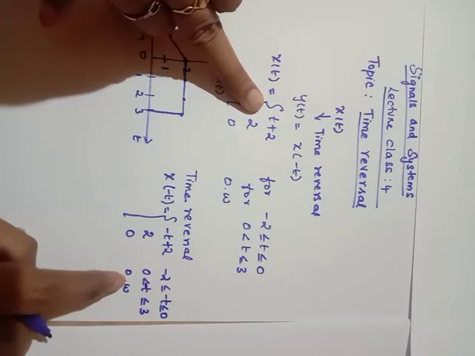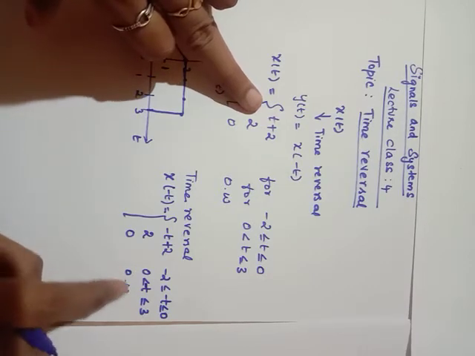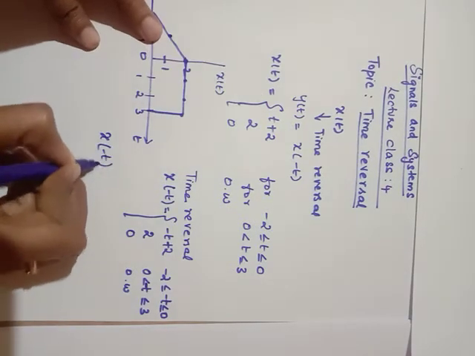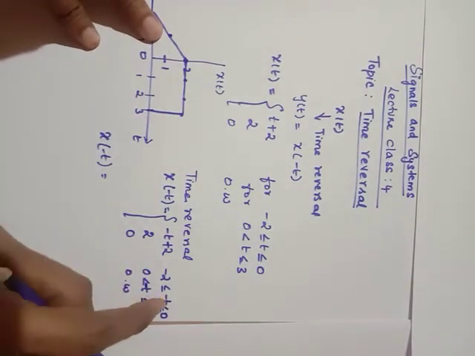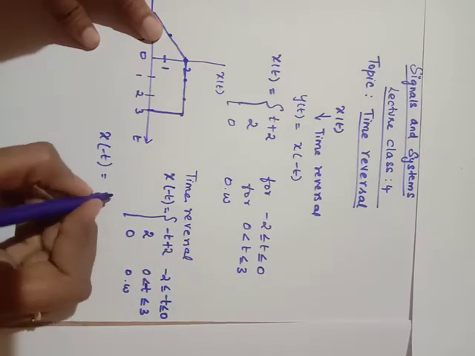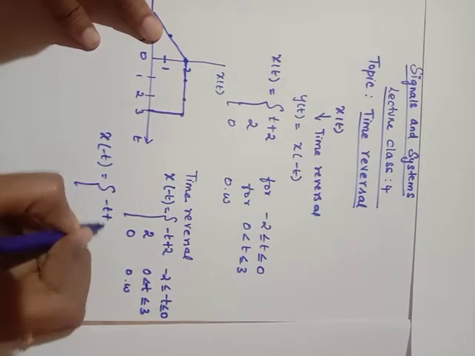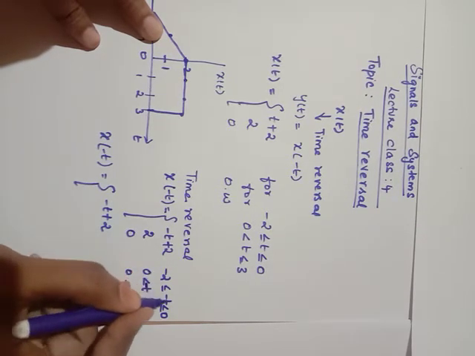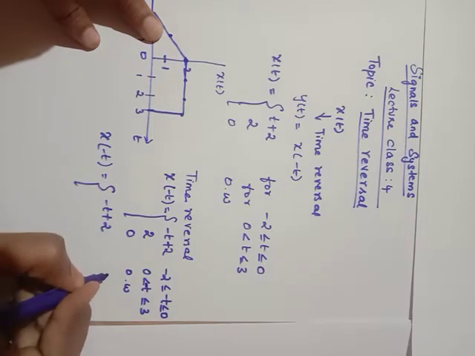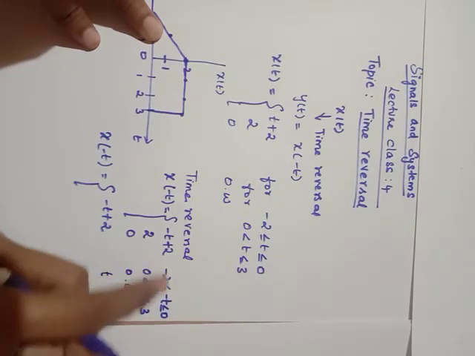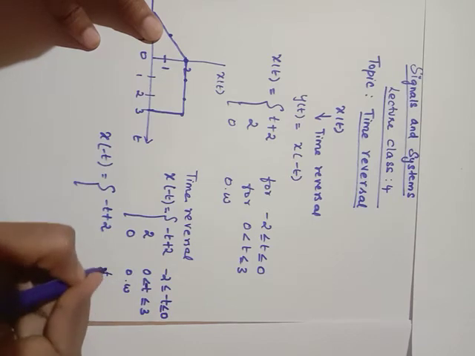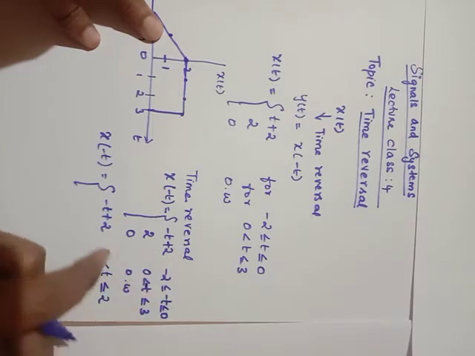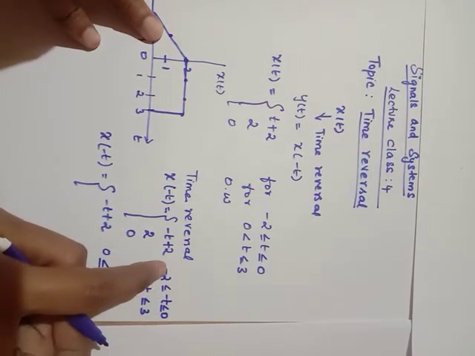Similar to time shifting, I am going to keep this as minus t and perform some shift, replacing this minus sign. So here it is minus t plus 2. When you bring minus 2 to this side, it will become plus 2. So t, so now it will become plus 2. Here it is 0. When it becomes plus 2, I am going to change the sign. So 0 to 2. Understood why I have changed this? If I multiply by minus, minus 2 becomes 2.